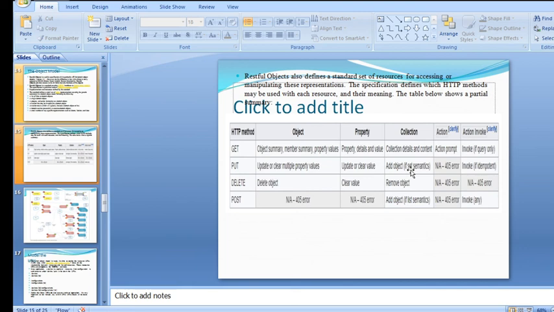PUT updates the detail, clears multiple property values, updates or clears the value, adds the object if set semantics, and invokes if idempotent. DELETE deletes the object, clears the value, or removes the object. There are 406 errors and 405 errors. Then POST is not allowed for some resources, giving errors for object, properties, action and action invoke, and in the collection you are getting the add the object.